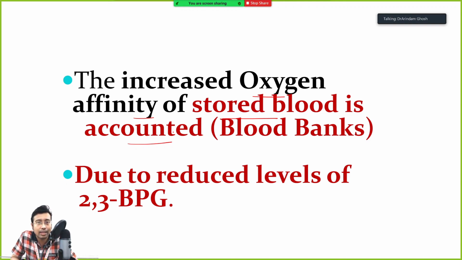There is a disease known as thalassemia that happens due to a genetic problem of both mother and father. So thalassemia screening is a must. Even if it is an arranged marriage or love marriage, whatever you do, it is a screening advice that you should always prescribe. Thalassemia screening is a must. So if both father and mother have minor thalassemia, the baby will suffer from major thalassemia, and it leads to a high amount of fetal hemoglobin, abnormal A2 hemoglobin, and they will have a very bad oxygen affinity.